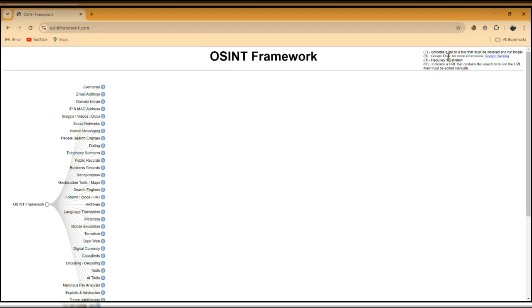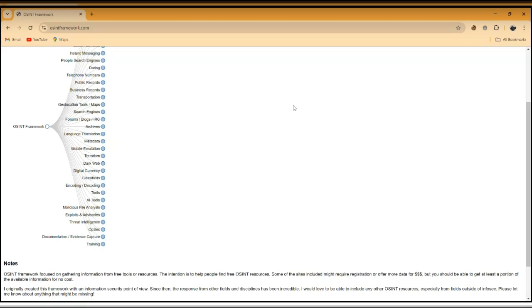The D here is Google Doc, which I said Christiana is going to talk about, like Google hacking. When they say hacking, they don't mean you are hacking Google's server. No, it means a brilliant technique or a way of getting that particular information that you need. That's what they call Google dorking. Instead of searching for something and it brings almost the whole world, there's a way you can search for exactly what you need. R requires registration. M indicates a URL that contains the search term, and the URL itself must be edited manually.